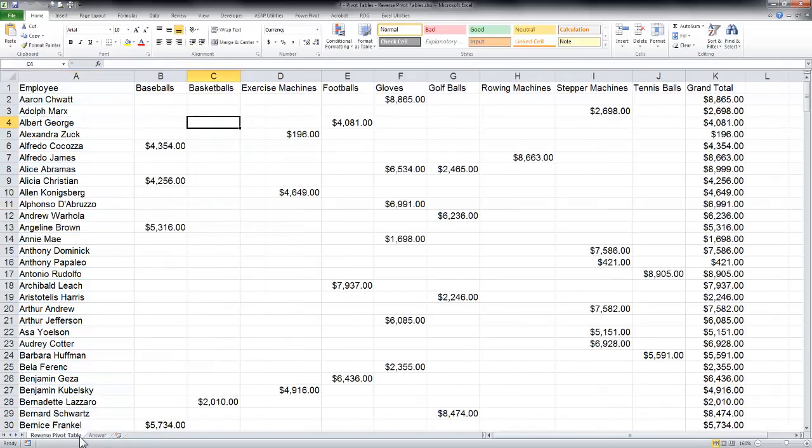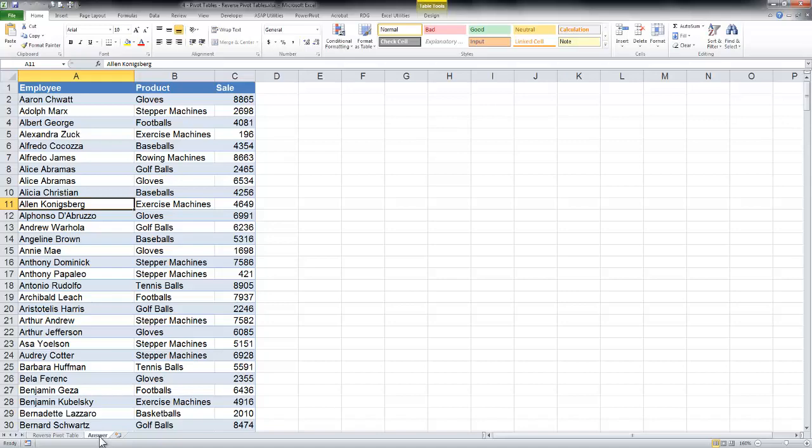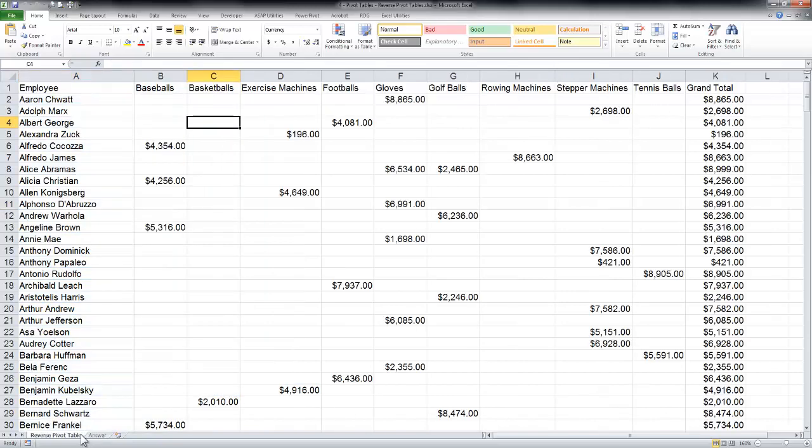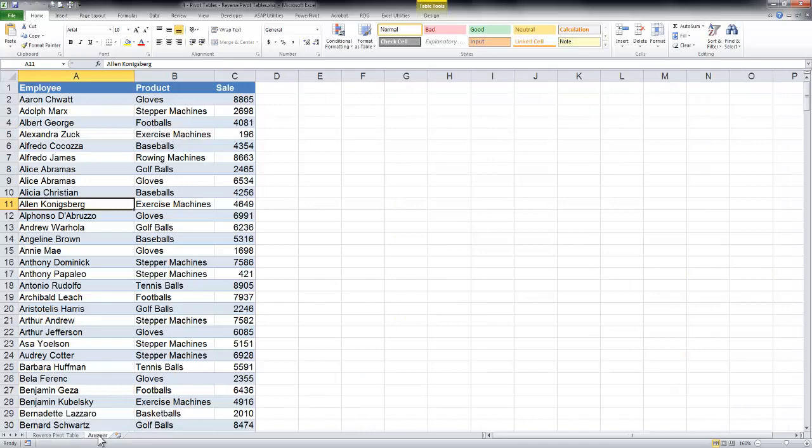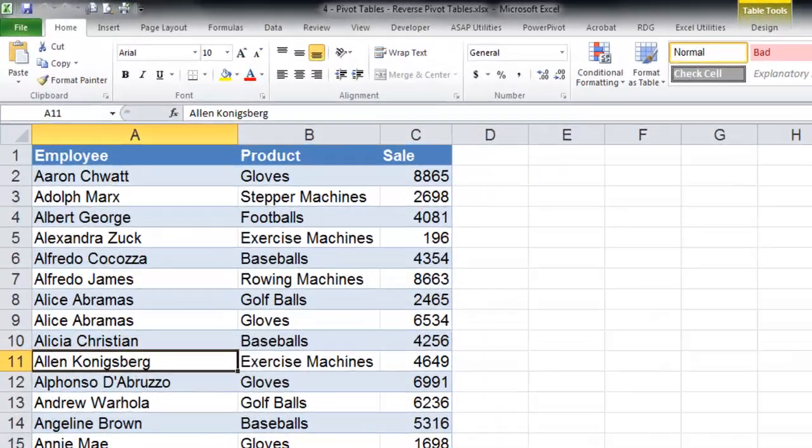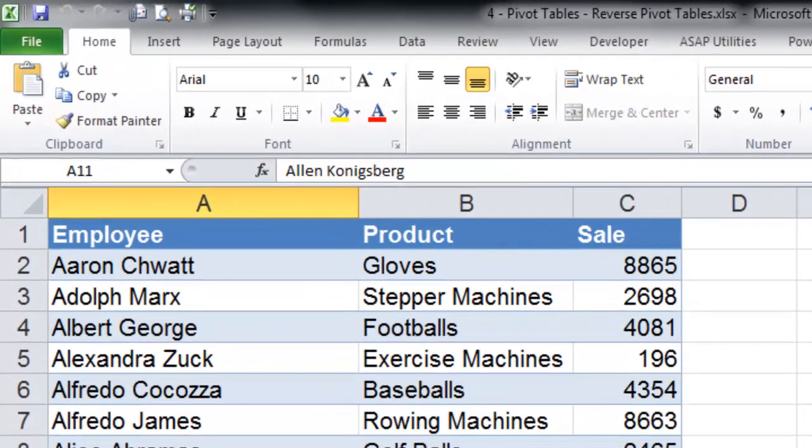To go from a crosstab structure to a table structure requires a few steps, plus creating an intermediary pivot table that we'll end up throwing away at the end. But we will be able to go from here to here without a lot of retyping or a lot of copy pasting. Now before we can start, we've got to add a piece of functionality to our quick access toolbar